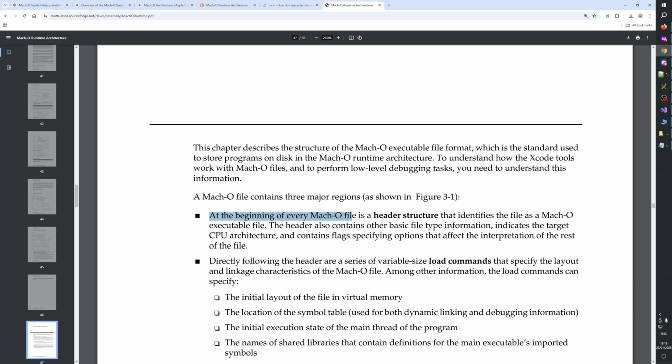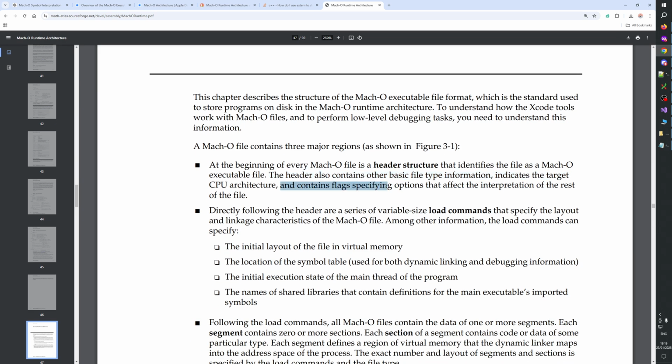At the beginning of every MachO file is a header structure that identifies a file as a MachO executable file. The header also contains other basic file information. It indicates the target CPU architecture and contains flags specifying options that affect the interpretation of the rest of the file. Directly following the header are a series of variable size load commands that specify the layout and linkage characteristics